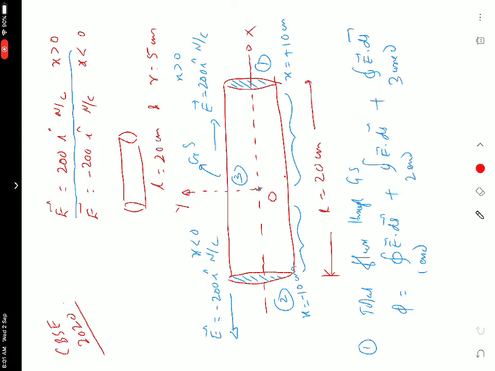Okay, Anshuman, tell me, over the first end face, what is the direction of E vector and ds vector? Parallel. Okay, so E vector direction is as given here. E vector direction is parallel, same direction. This is your E vector on the first face and ds vector, outward drawn normal. So on the first face E vector is parallel to ds vector, so theta is equal to 0 degree here. Okay, Angel, tell me what about the second face? Second face is on left side. What is the direction of E vector and ds vector on second face?